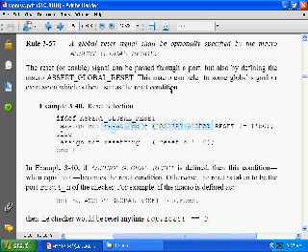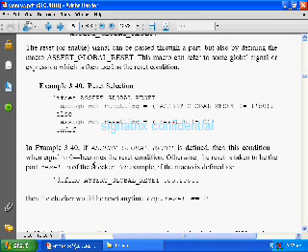So the reset signal can be passed through a port, but also by defining the macro. This macro can refer to some global signal or expression which is then used as a reset condition. In this example, if this reset is defined, then when this condition equals 0, it becomes the reset condition, right? This is clear. And one more thing here is that the reset is taken to be the port reset underscore n of the checker. If you are not defining it, then it will be taken from the port of the particular module, for example top dot reset here. So inside the top we may use a reset. That reset will be asserted